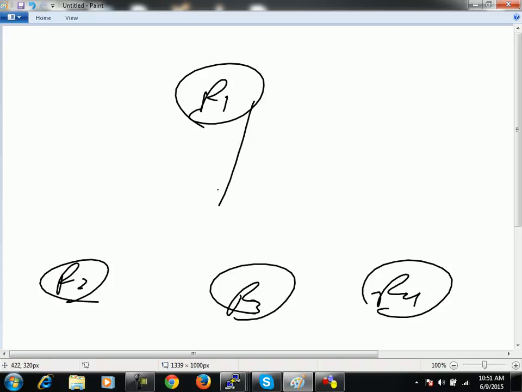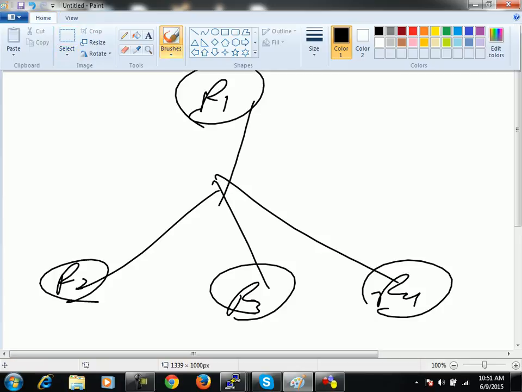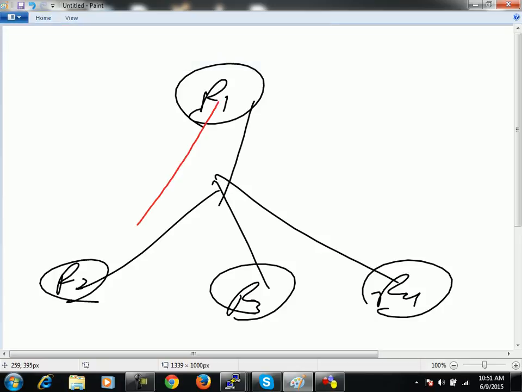Now the thing is, you want R1 to form neighborship with R2, R1 and R3 to form neighborship, and R1 and R4 to form neighborship, but R2 and R3 must not form neighborship with each other. Then you have to use the network type point to multi-point. In this kind of network, you can configure your network type as point to multi-point. So if you are going to implement OSPF over NBMA, non-broadcast multi-access,